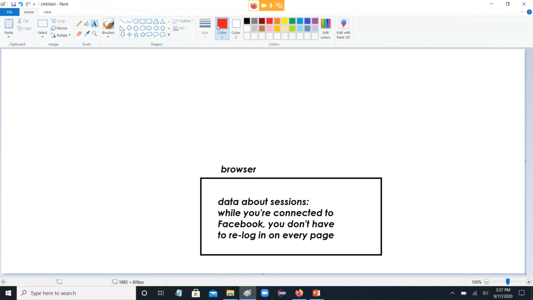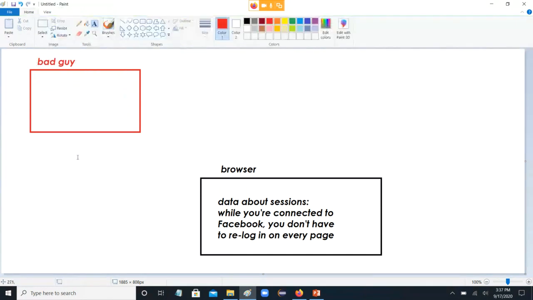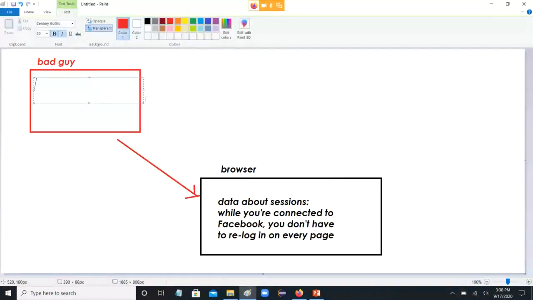Well, guess what? If there's some bad guy, so we'll draw the bad guy over here. Okay, if the bad guy can somehow steal that session key, gets your session key, then what happens?